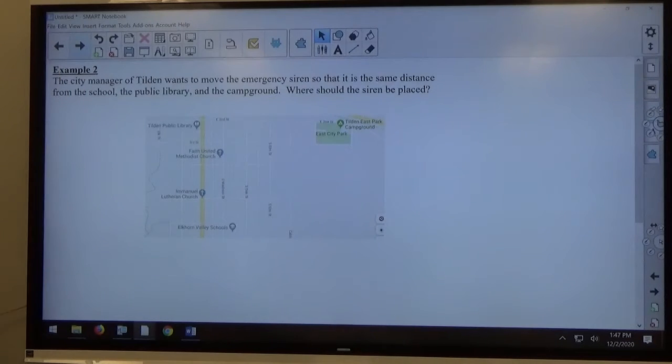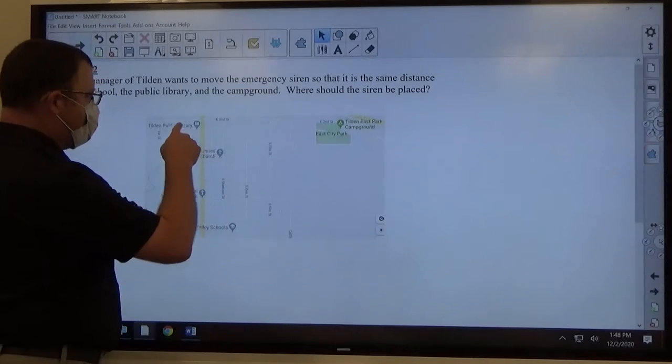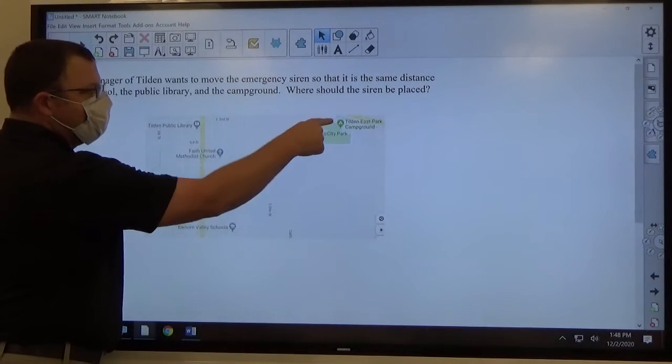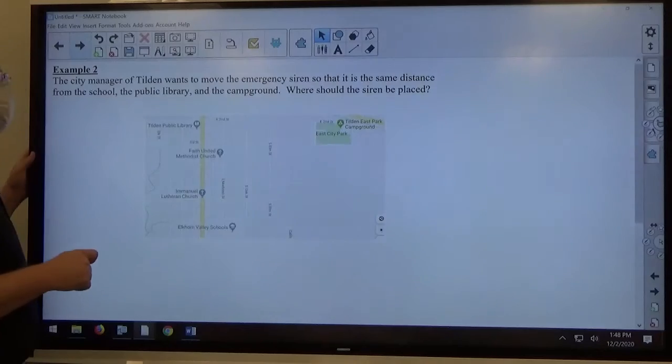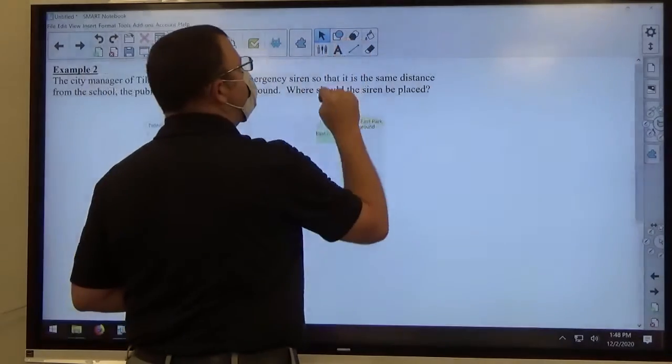Example 2. The city manager of Tilden wants to move the emergency siren so that it's the same distance from the school, the public library, and the campground. So, the school, the public library, and the campground, I'm going to say where these pins are represents the locations of those things. So the first thing I'm going to do is I'm going to draw